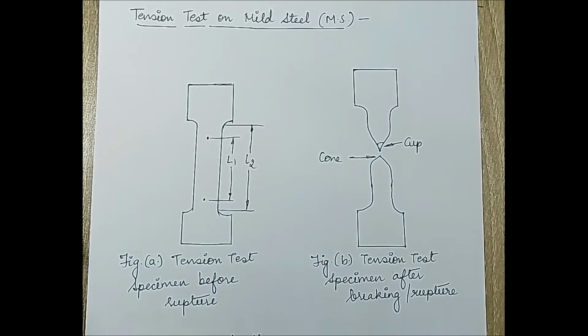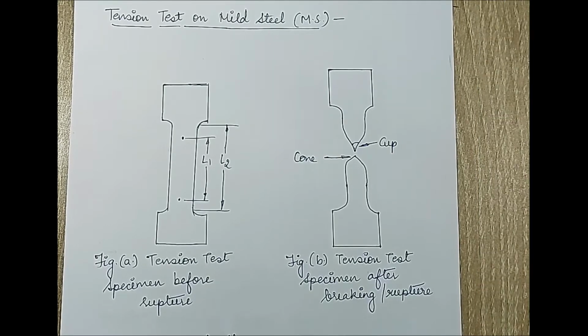Let's have a quick recap. A ductile material is one which can be drawn into the form of wire. If you apply load, it will get deformed up to a certain limit, which is called the elastic limit, and after that if you continuously apply the load, the material will get deformed. This deformation will be irreversible and the material will rupture over a period of time.